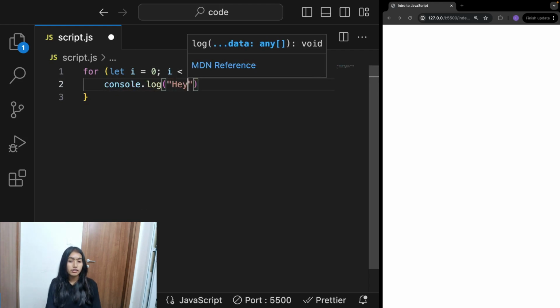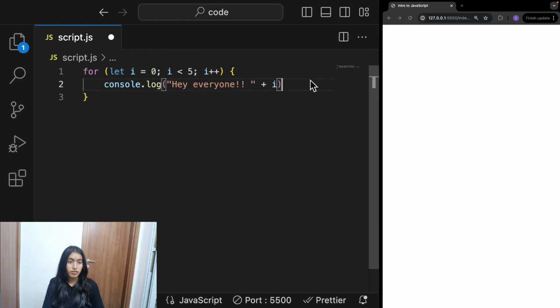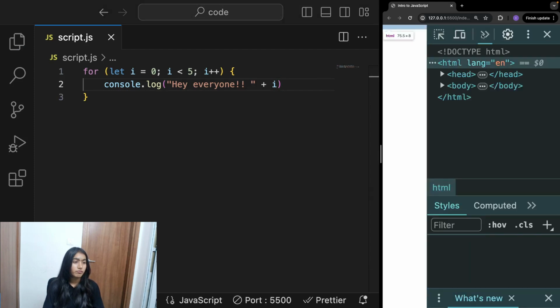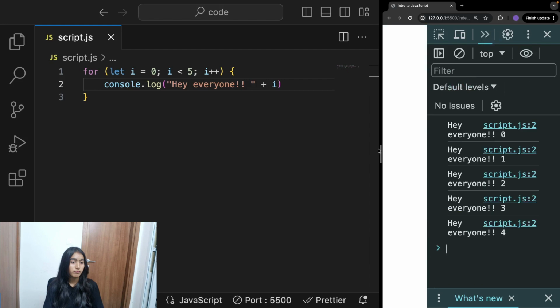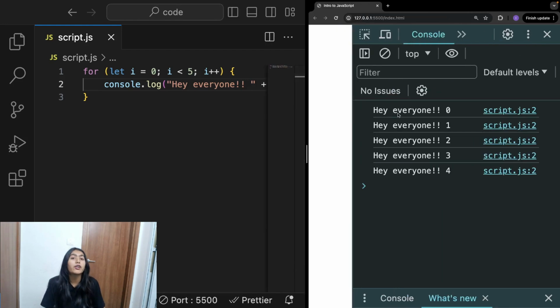For now, let's just write hey everyone plus i. Now, if I save this and open the console tab, you'll see that hey everyone has been printed on the console 5 times.